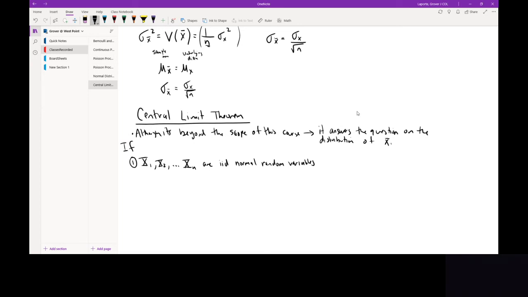If this is true, or, two, x1, x2, through xn are IID from any distribution, pretty important, and n is greater than or equal to 30,